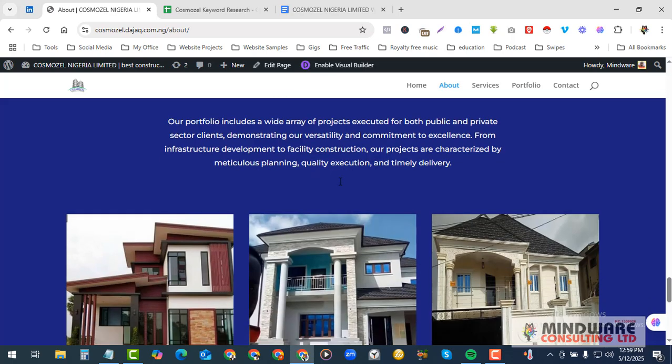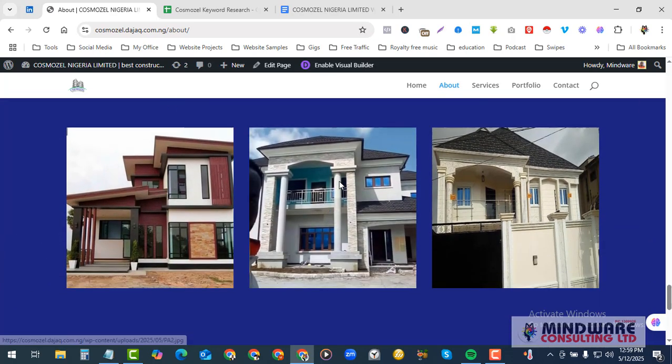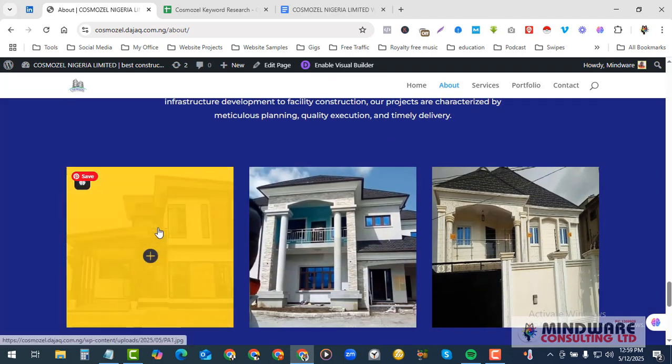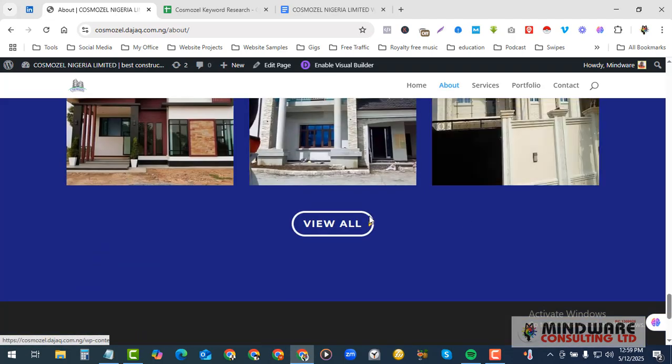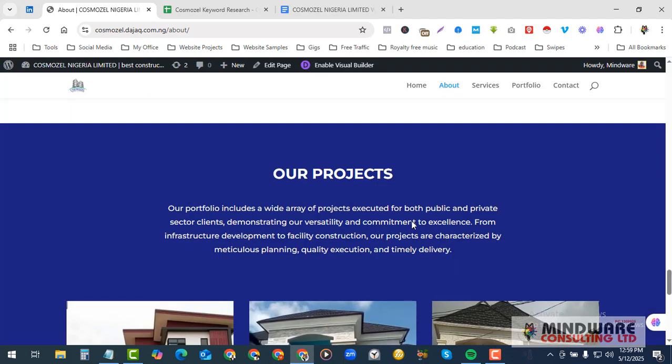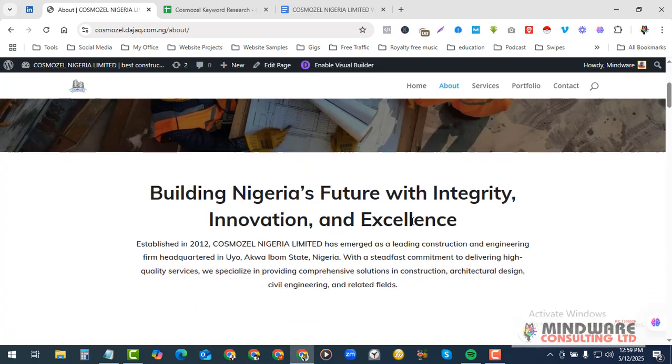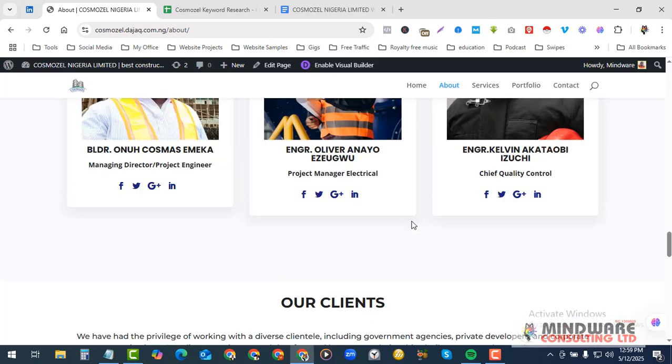And then here you have the projects, just some of them right here. You can see all these things where they carefully come out. You can see this one here, see this one here, see this one. By the time you click here, it will also take you to the portfolio page where you can see more of them. All right, so you can see now another thing, the way I'm scrolling this thing, this is for the